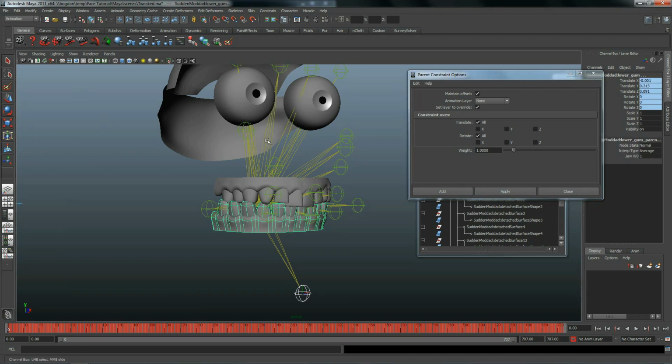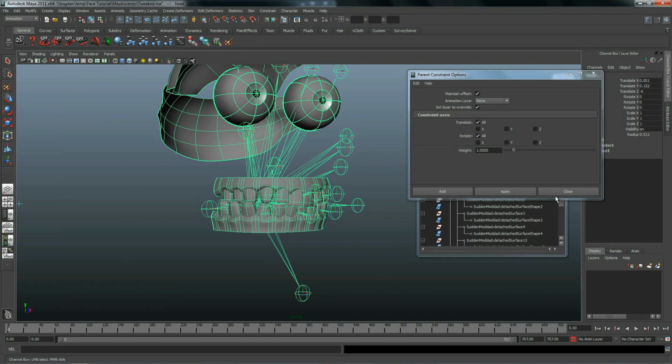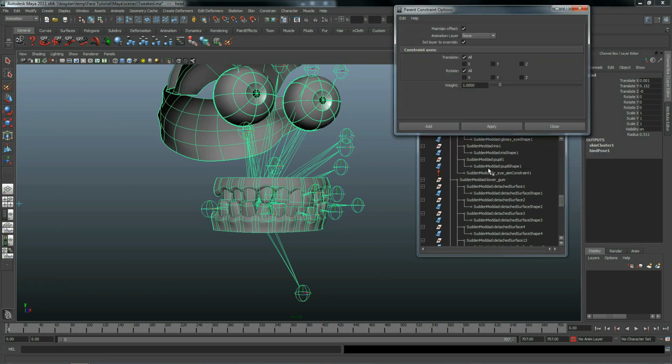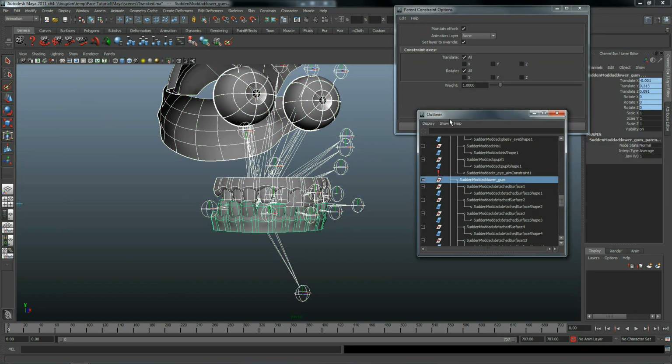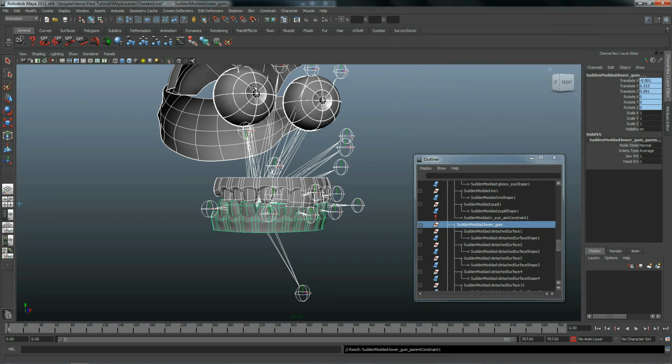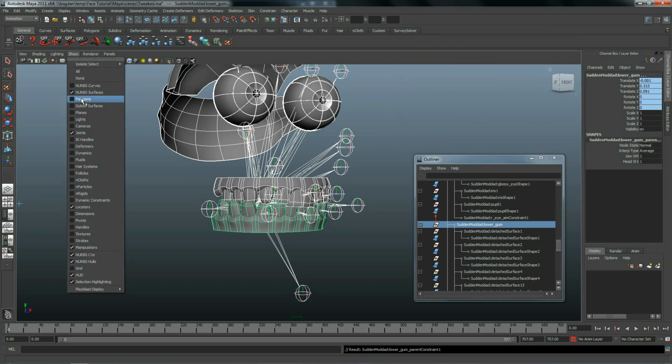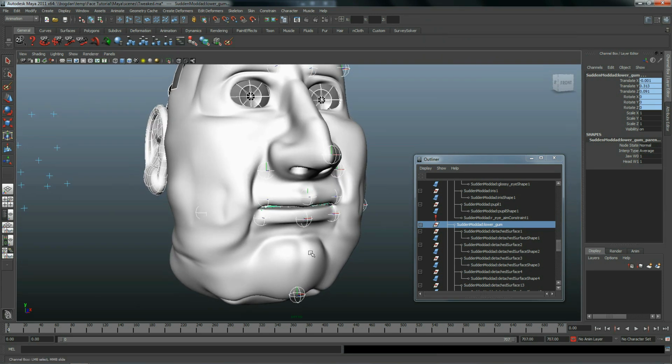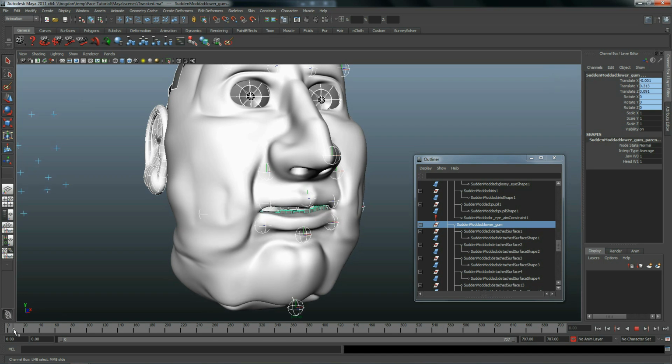Continue by selecting the head bone and then the lower gum. Create another parent constraint. With the gum constrained to 2 bones, we can adjust the weight in order to balance the amount of movement. Do this by selecting the gum and tweak the constraint weights found in the channel box.